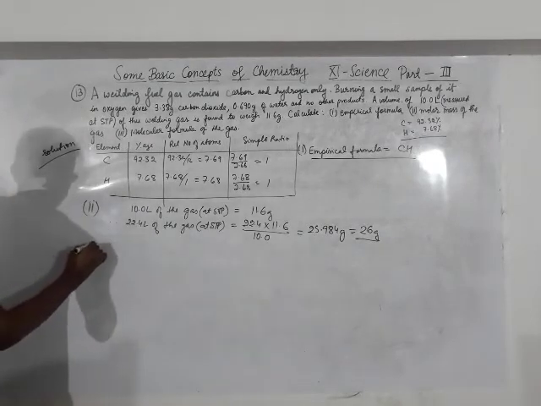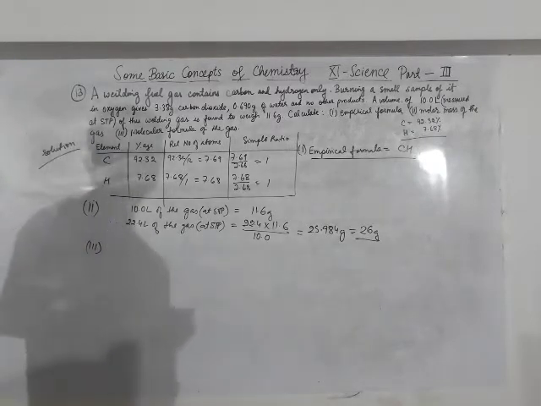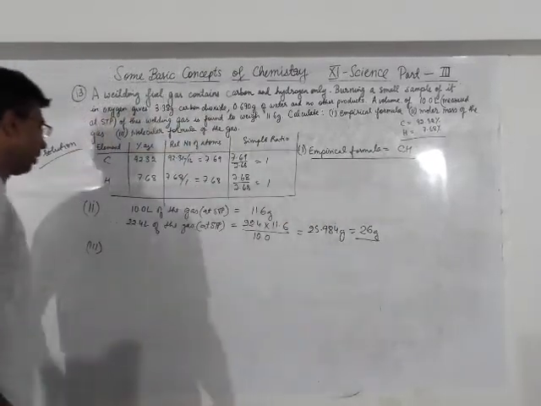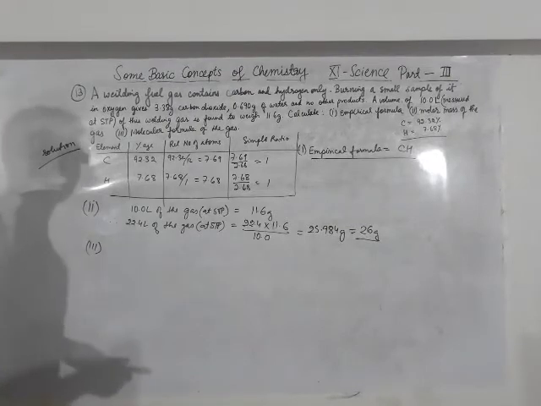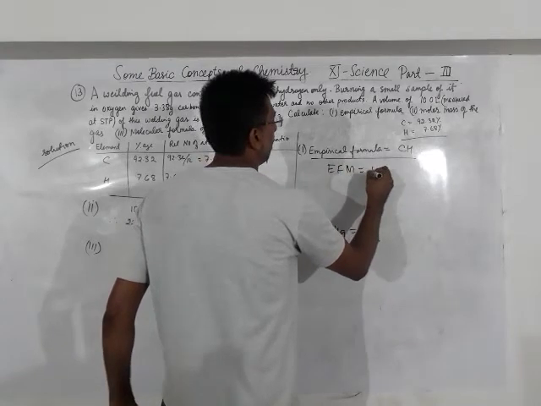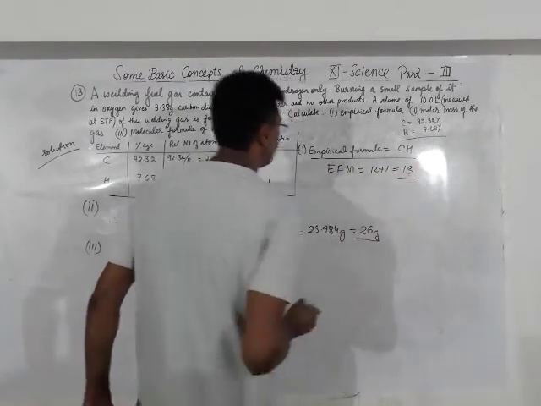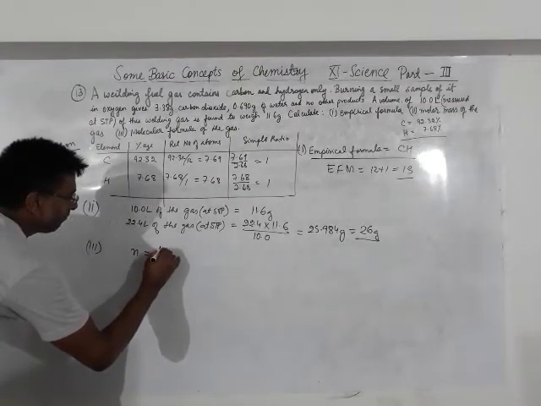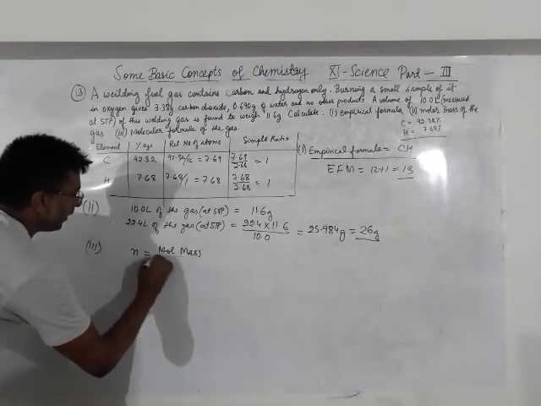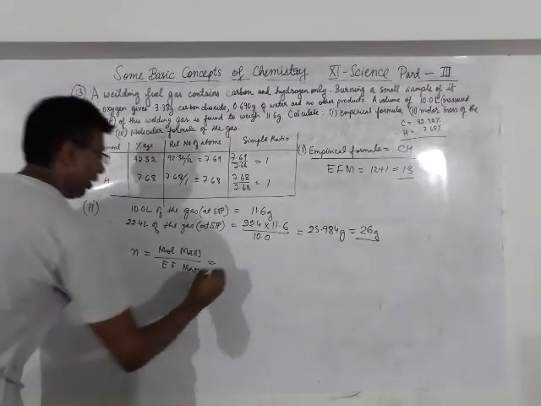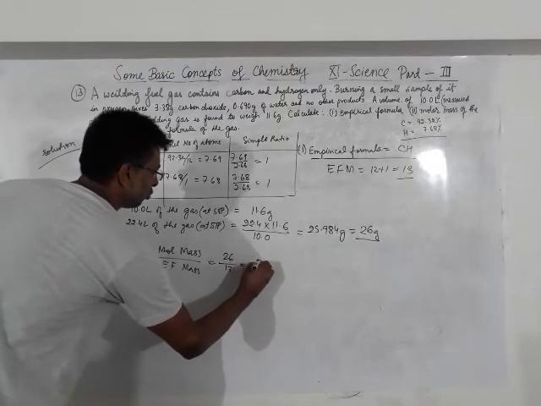Now the third part of the answer, they are telling us to find the molecular formula of the gas. To find the molecular formula, the empirical formula is CH and the molecular mass is 26 grams. So here we can work out the empirical formula mass. Empirical formula mass is 12 plus 1, that is 13. To find the factor n, we divide molecular mass by empirical formula mass. So 26 divided by 13 comes to 2.